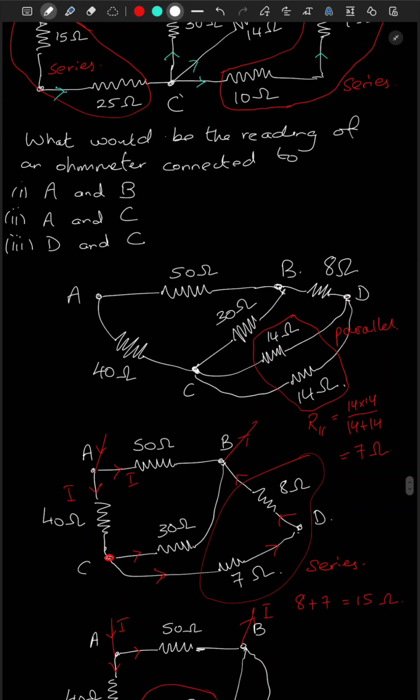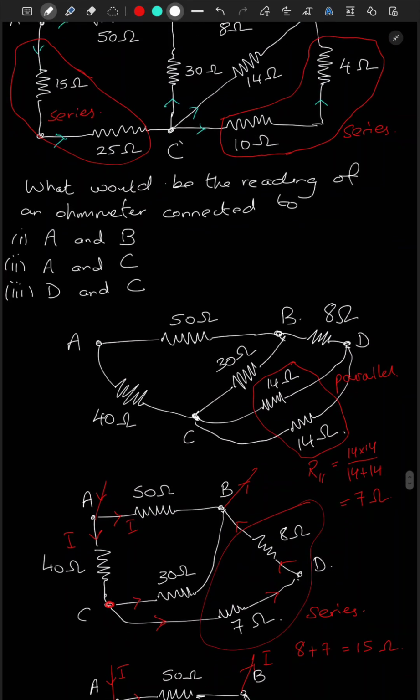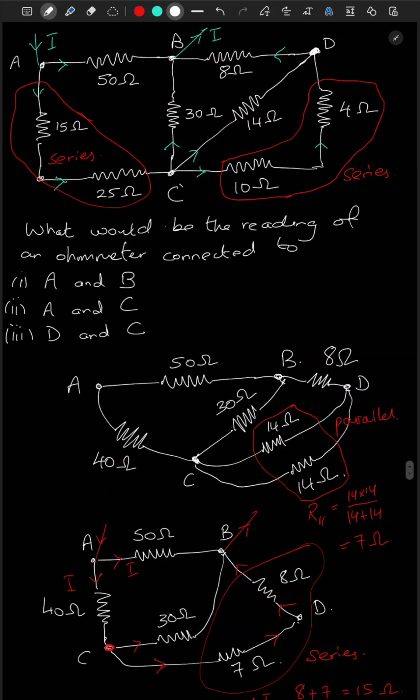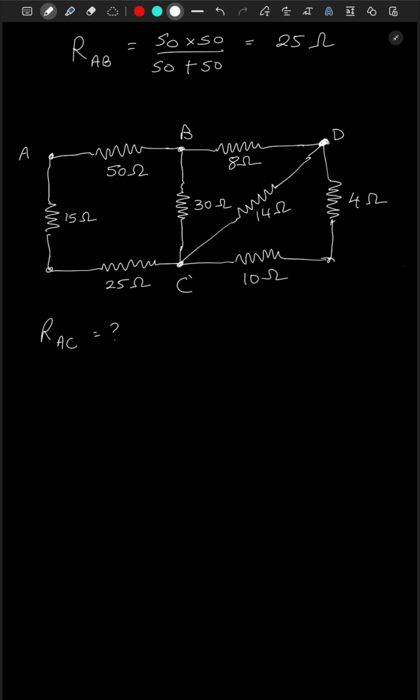Okay, let's try the second part, A and C. So now we have to find the resistance from A to C. Again, we have to assume that a current enters at A and leaves at B. So the current will go in the following path. So it will travel towards the 15 ohm and the 25 ohm. So these two must be in series because the same current is traveling in these two resistors, and then the current would go to the 50 ohm resistor and reach terminal B,